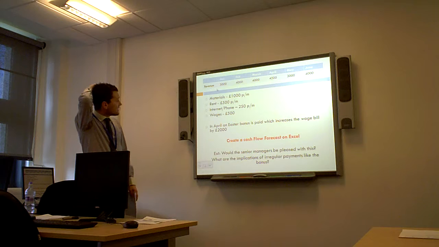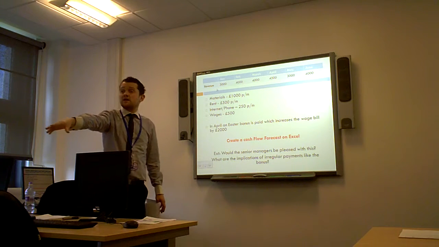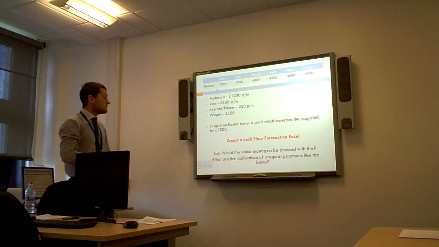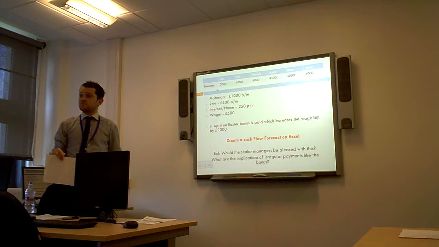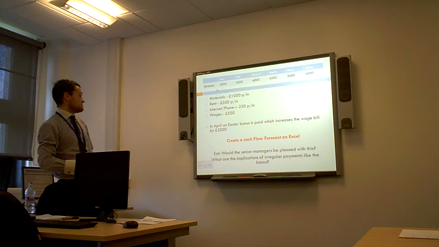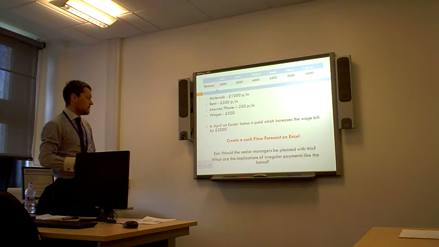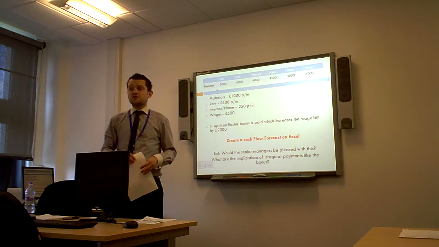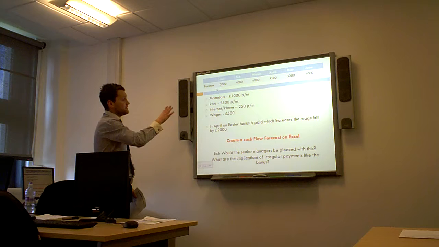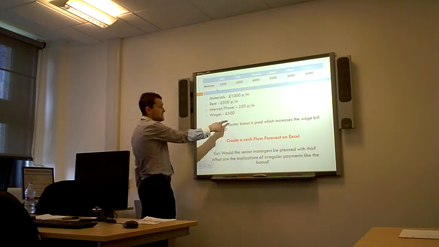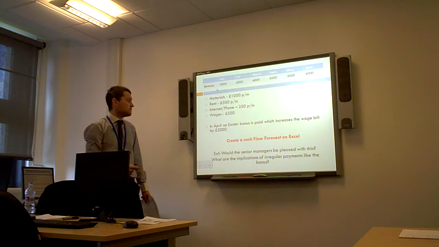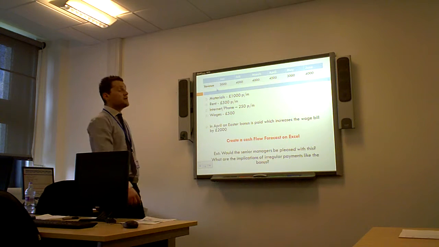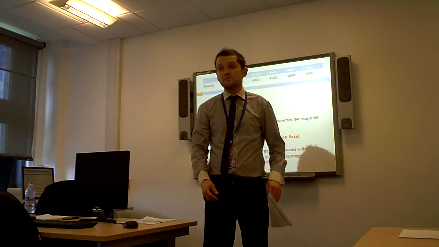This is what Annie was asking actually, this is a general rule. If an opening bank balance isn't given, then it's zero. You start with zero. So as you can see here, there is no opening balance. So all you need to do is using Excel, using formulas as much as you can, is to create a cash flow forecast for this. You'll notice that there is one irregular payment. There's a bonus paid in April of £2,000. So what we want to try and do is find out what the closing bank balance is in June.